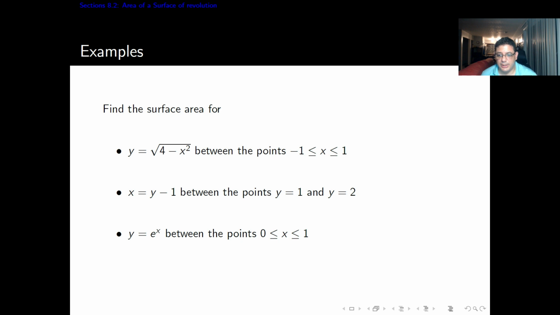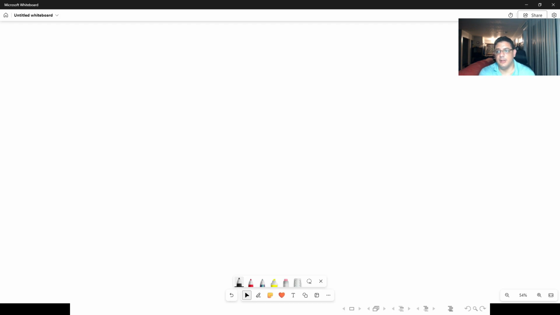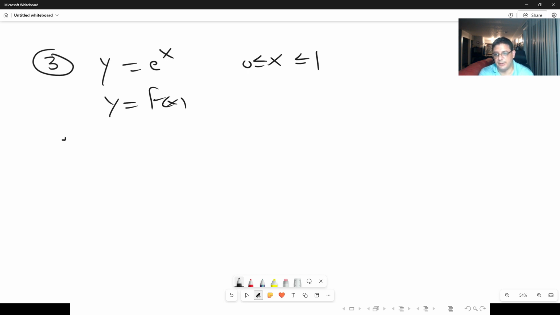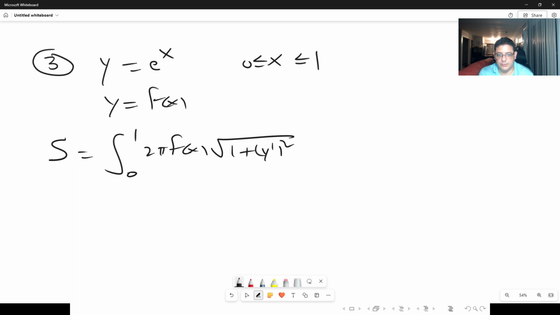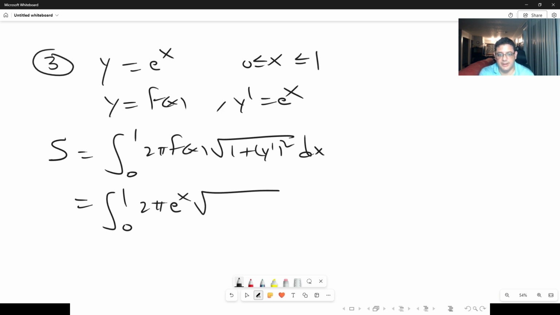Okay, one last example. Let's see what happens with y equals e to the x between 0 and 1. So number 3, y equals e to the x, and we're seeing x between 0 and 1. So we're back here to a function y equals f of x. So the surface area is going to be the integral between 0 and 1 of 2 pi f of x, square root of 1 plus y prime squared dx. And so that is 0 to 1, 2 pi e to the x. And the derivative of e to the x is just e to the x. And so this is just going to be the square root of 1 plus e to the 2x